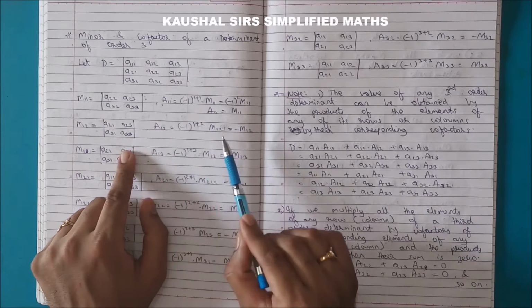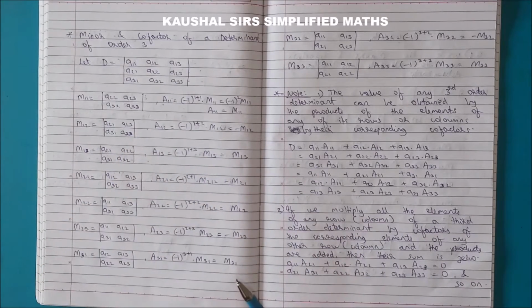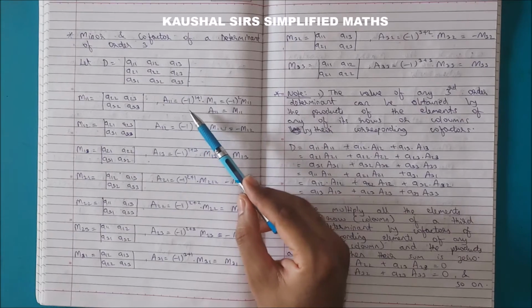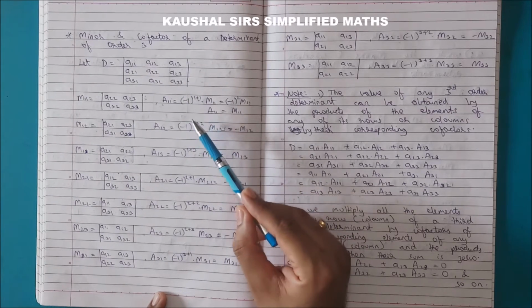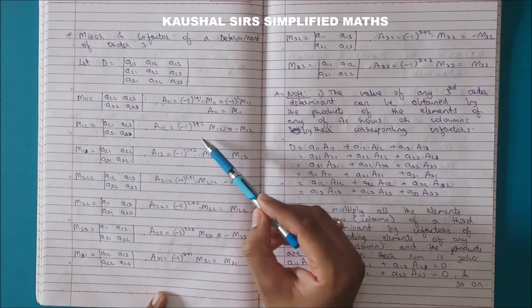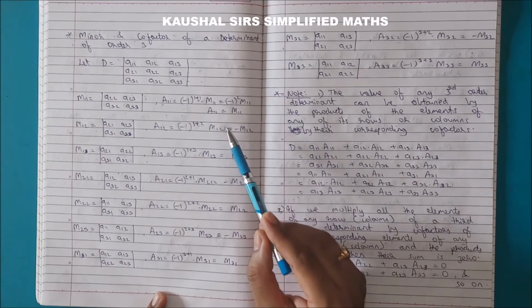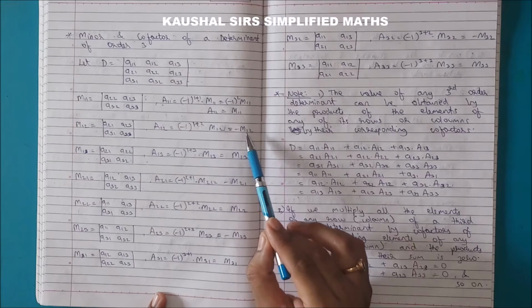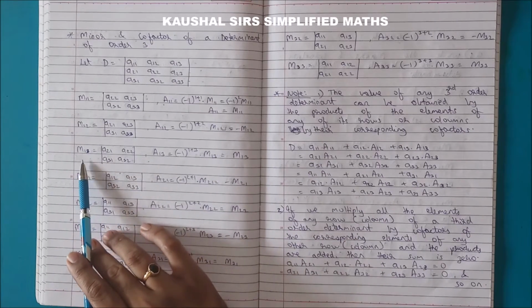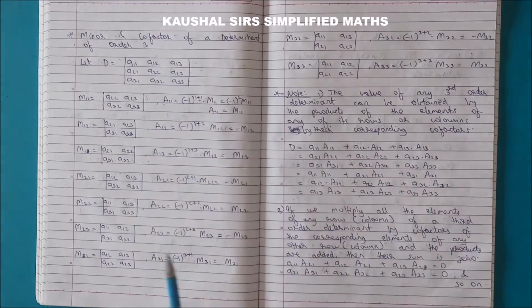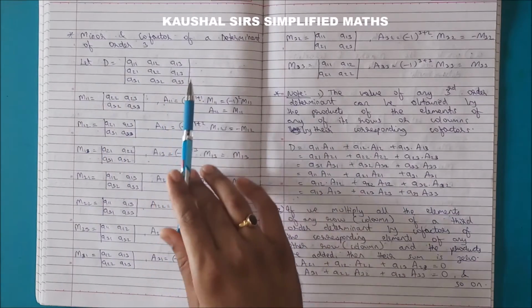यहाँ पे जो भी आपको वैल्यू मिला होगा वो यहाँ पे आपको पुट करना है. क्लियर? एंड द कॉन्सेप्ट यू नाउ वेरी वेल नो कि -1 raised to इवन पावर जब भी आ रहा है तो वो +1 हो जाता है, एंड -1 raised to जब भी ऑड पावर आ जाता है वो माइनस हो जाता है. ओके, सो माइनस इंटू M12 यू गेट -M12. कमिंग टू M13, इसका मतलब क्या है? माइनर ऑफ A13. सो कवर द फर्स्ट रो एंड द थर्ड कॉलम.